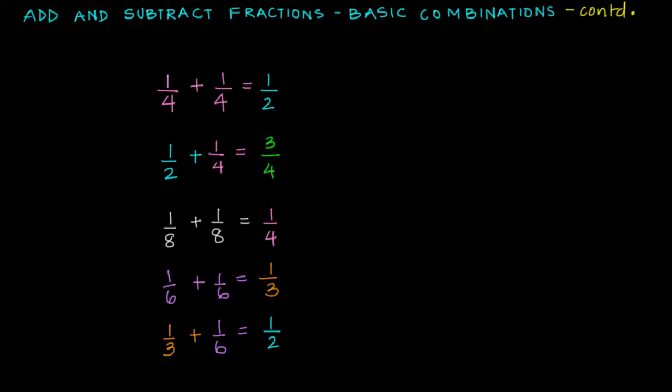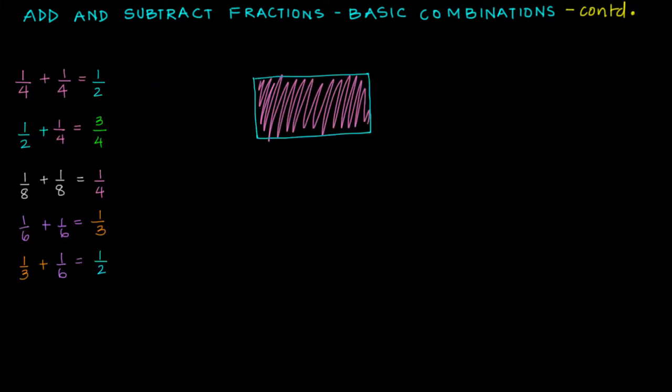Now let's solve a problem. Suppose you have a bar of chocolate. You don't want to eat the whole thing at one time, so you decide to eat only a quarter of the bar. Quarter means 1/4 of the bar. How much of the bar is left over? So this is your bar of chocolate, and let's split it into 4 parts. Each of these parts is a quarter or 1/4, and you eat up 1/4, which means you eat up this piece.